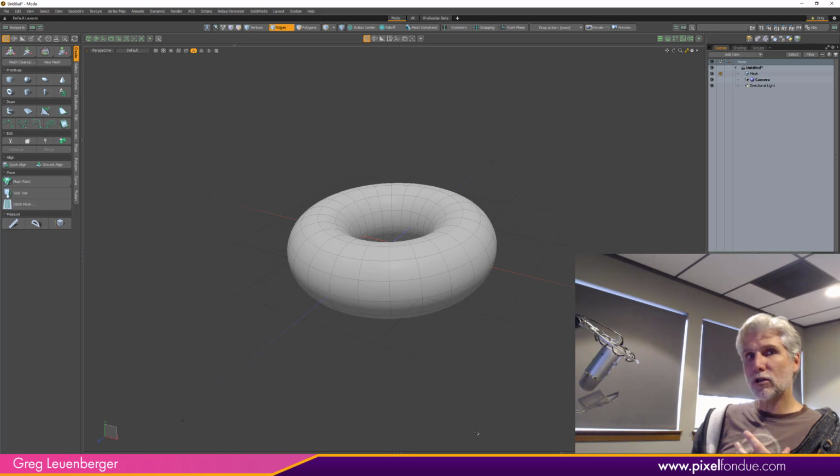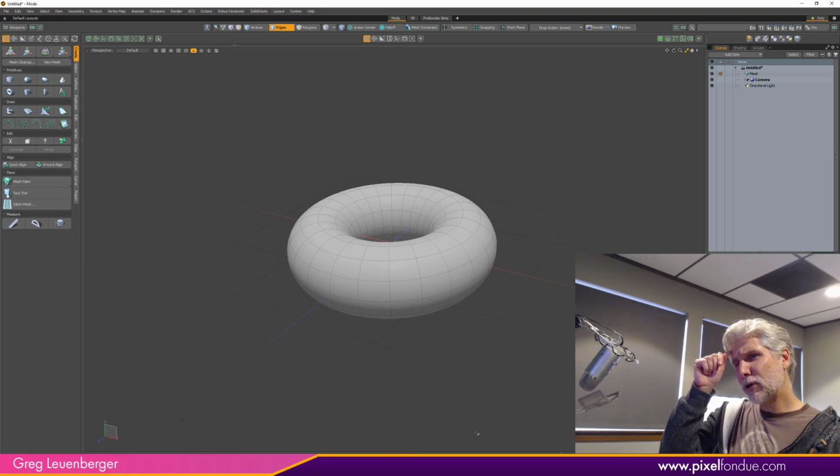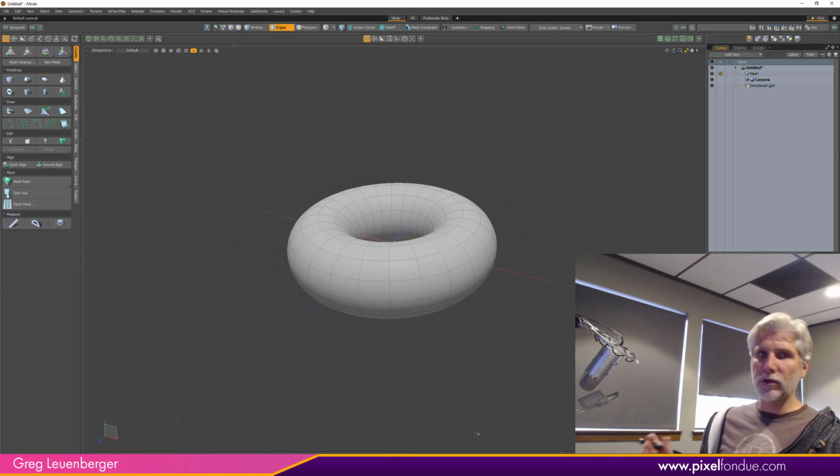When I first started using MODO around version 101, I could only model. I used Maya for everything else. And as MODO has picked up other features, including animation, I really only use Maya for simulation, even only sometimes